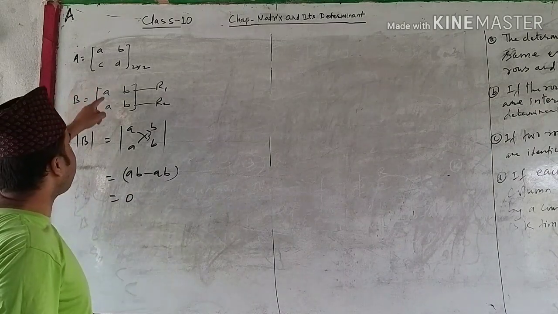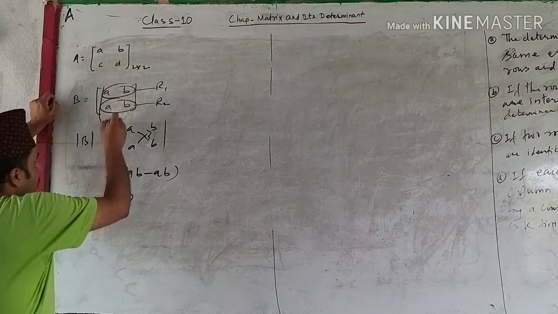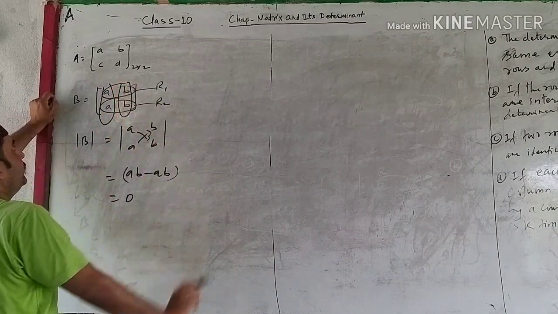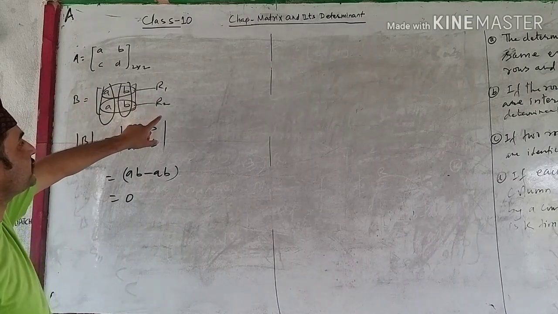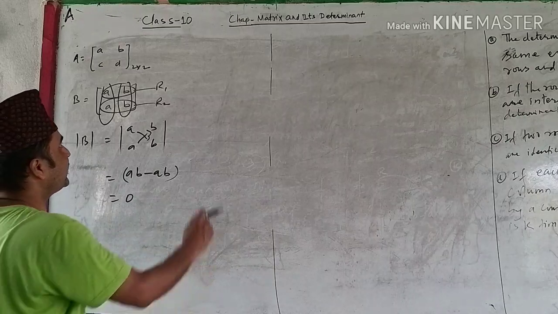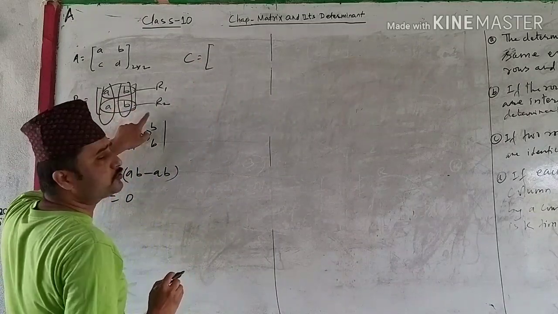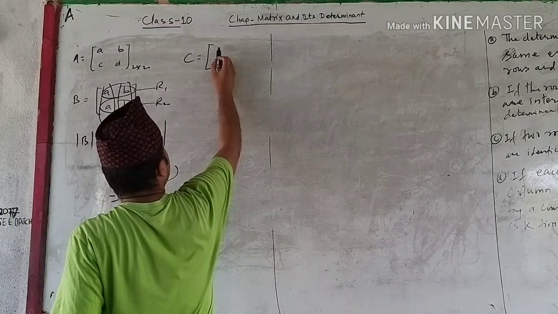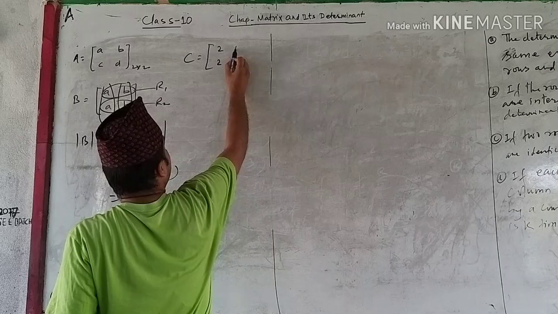See, you have your rows elements identical. Can you say its column elements are also identical? No, column elements are not identical. So either the rows elements must be same or the column elements must be same. Let's take another example. See, here I am taking rows: the first row is equal to the second row. Here I am taking the first column as 2, 2 and the second column as 1, 1.